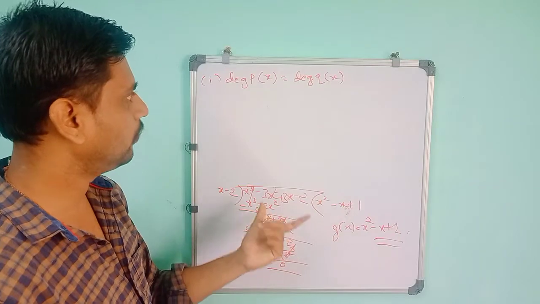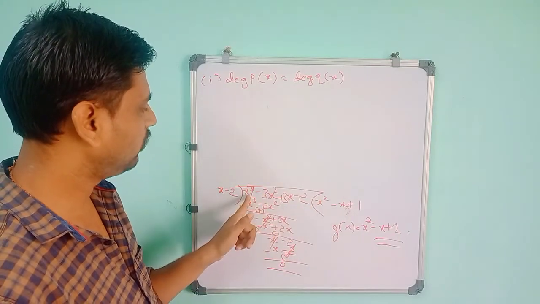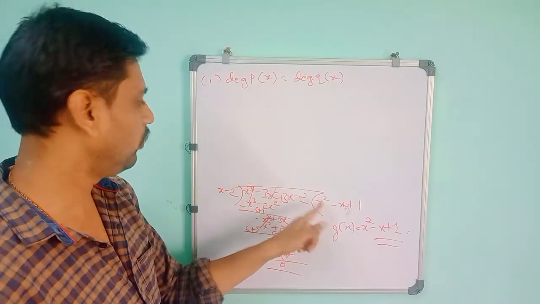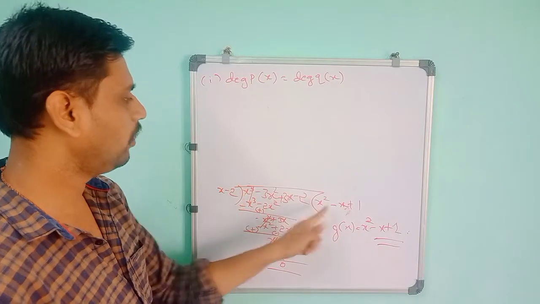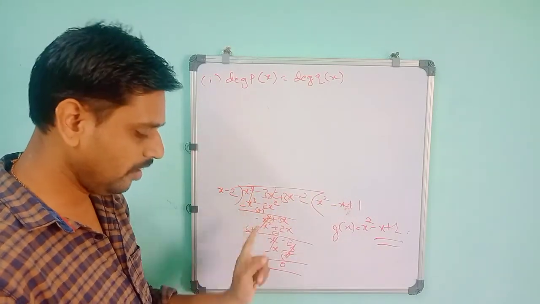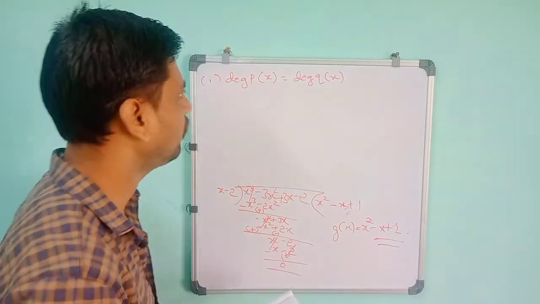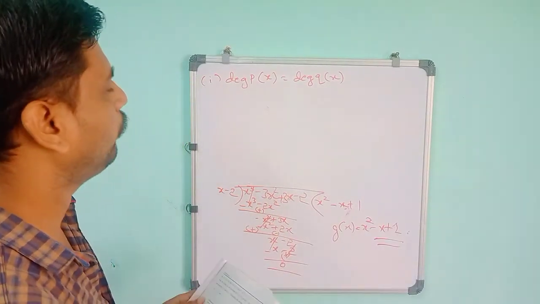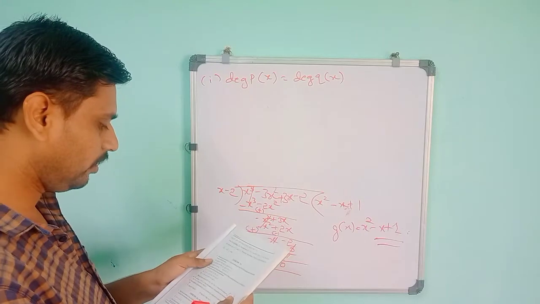So they have told to prove that this one also x square or this one also. You see here, it should be x cube and x cube. So q of x and p of x should be of the same degree. So I will take an example for this. What example we have to take means, they given you in the textbook that